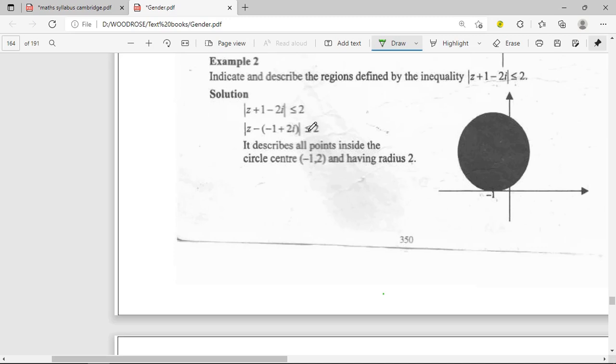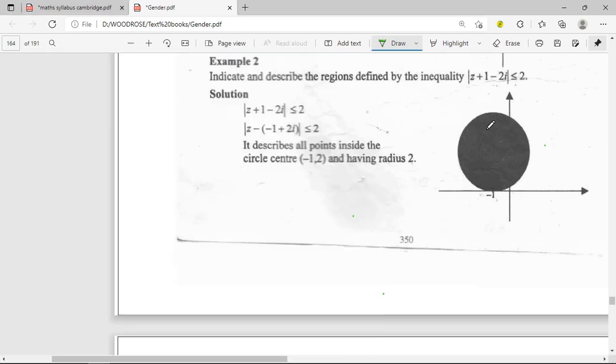Then if we have a less or equal to, then this circle will have a bold line. Then we are saying less or equal to everything inside the bracket. It's less or equal to. So that's why we have shaded everything inside. Our center is minus 1 and 2, and we shade everything inside. If it was greater or equal to, we would shade outside. And also, if it was less than, you have a dotted circle. It will be like a dotted circle. So this is the first